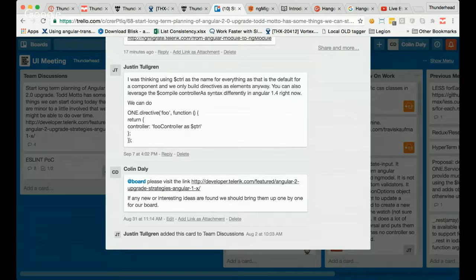One of the things we could do to reduce the pain is, when we're making new components right now, or if we're still doing directives, we alias everything like I did there, so whatever the controller has, it has as $ctrl. That makes it so we don't have to go and update the views as well. So new components will fit right into the new Angular architecture. We'll have to rework some of the JavaScript, but the view should inherently stay the same. Of course, find and replace could work, but this can reduce a little extra work.